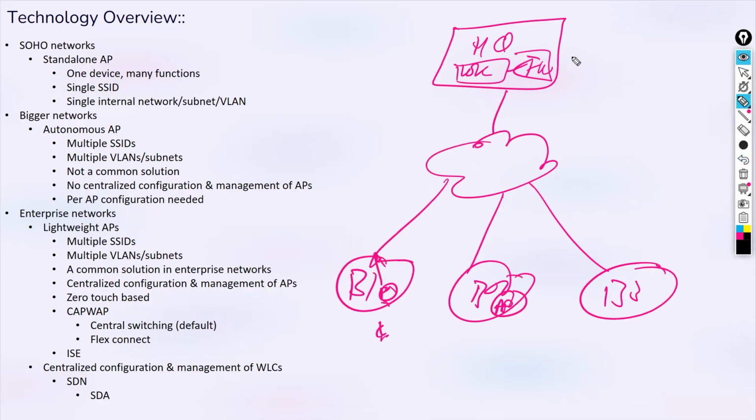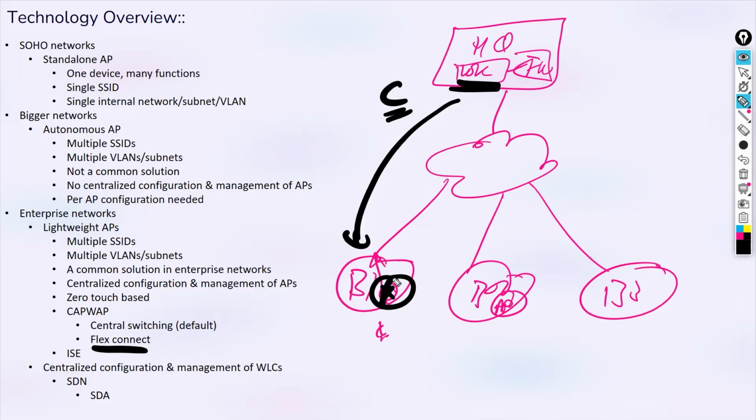The local switching. The control part will be WLC based, but the data part will be just local via the AP. So there you will say that this AP will be configured as what? As a FlexConnect mode AP. So when that configuration is pushed down by the WLC, the switching of VLAN 10 to 20 will be done by this AP itself.